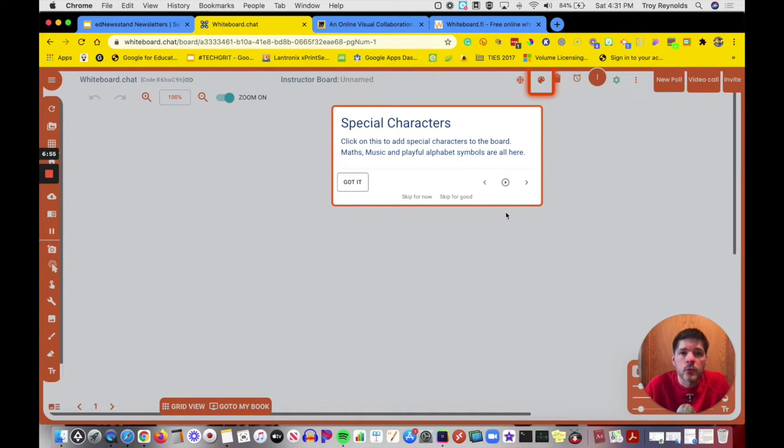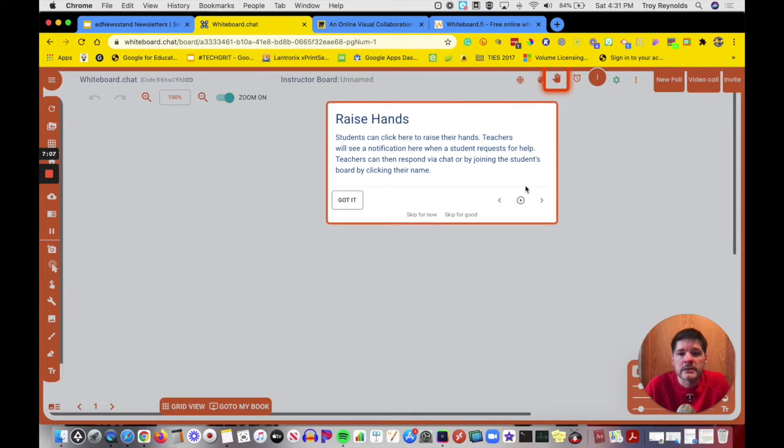After the board name, special characters are highlighted. Those are up in the top right-hand corner. They are the color palette, and if you click on this, you will get special characters for math, music, and other alphabet symbols. Students on different boards can raise hands, and I will show you the grid view when you can see all of the students' boards and how when they raise their hand, you will see that maybe the